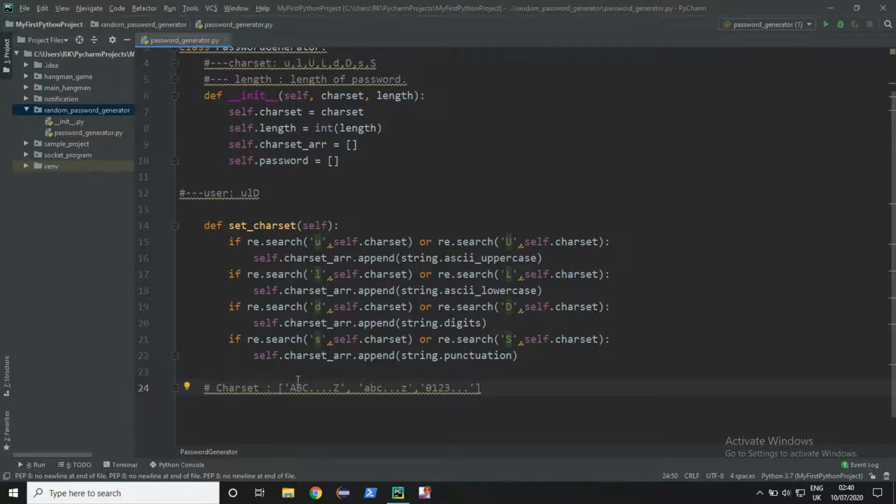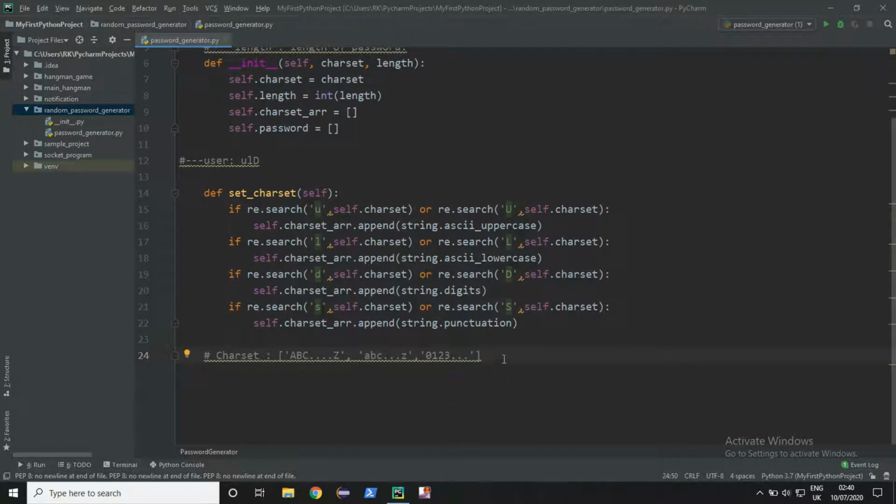Now we have the characters. We are going to generate the password. Now let's generate the password.